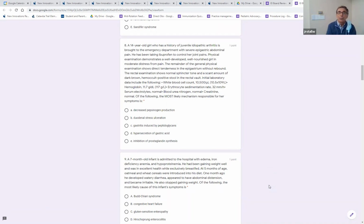Basically, if you go through this, the setup is she has severe pain. She's taking ibuprofen, okay. She's in distress, we got that. She's got tenderness in the epigastrium without rebound, okay. So they're not trying to say she's got peritonitis, but she does have some stool that's positive. It's dark, so that's going to be upper GI pathology relative to blood, as opposed to lower, where they would